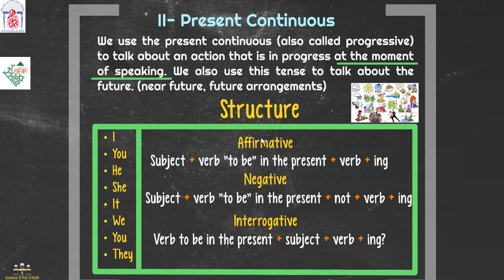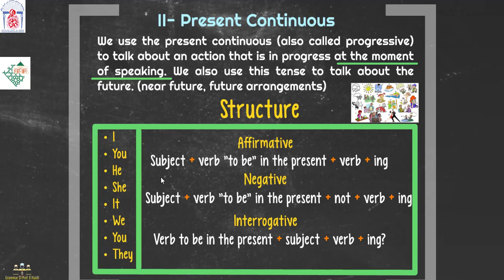Now we come to the structure, right? The structure of the present continuous is this: subject plus verb to be in the present plus verb plus ing. This is the affirmative form, okay? Negative form: subject plus verb to be in the present plus not plus verb plus ing. And the interrogative form is verb to be in the present plus subject plus verb plus ing. Let me give you an example concerning